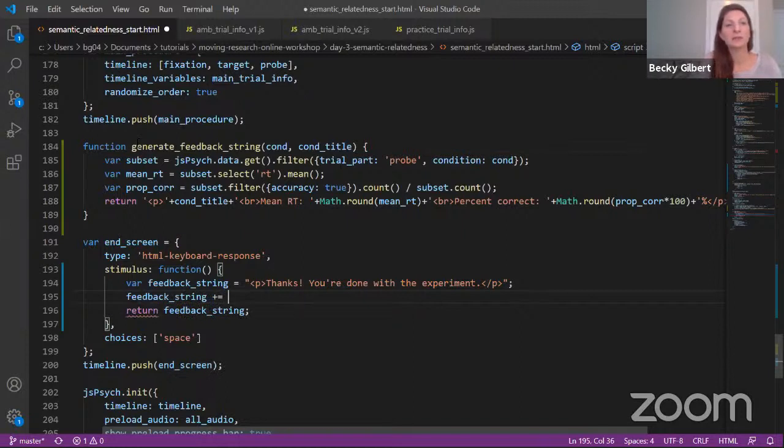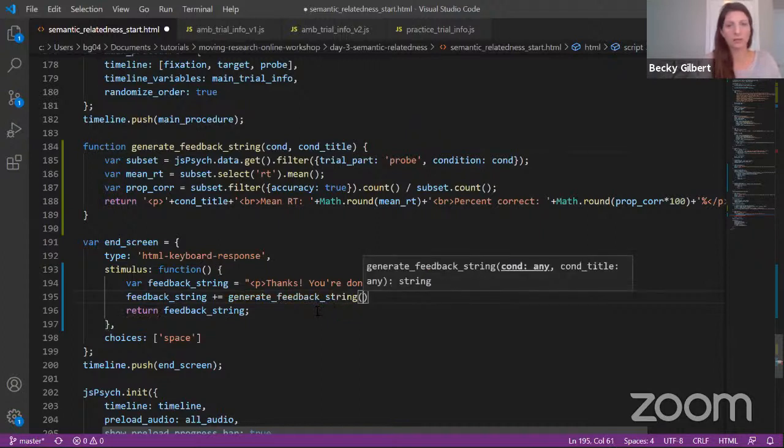But now what we can do is use this function, and we can give it the condition and we can give it the title. And it's going to return the text that we want to add onto our feedback string. So I'm going to call the function generate feedback string, and I'll call it with the dom condition. And then I'll also give it a title. So again, in quotes, I'll call it